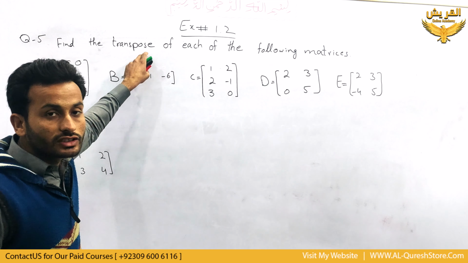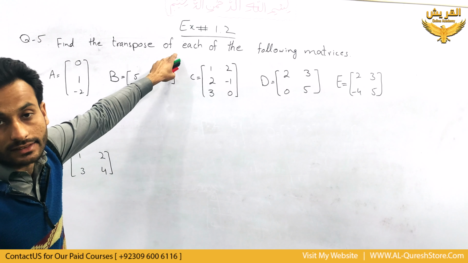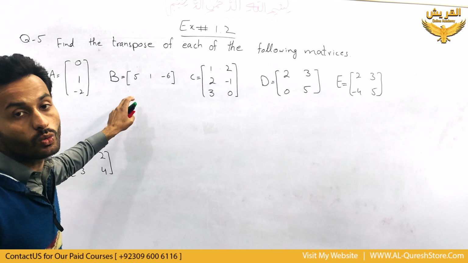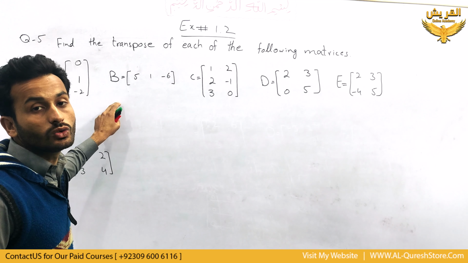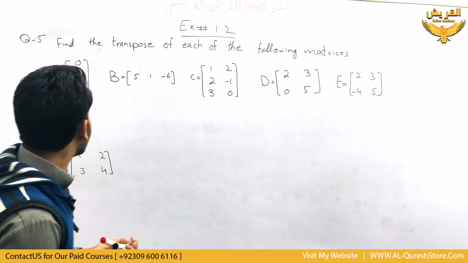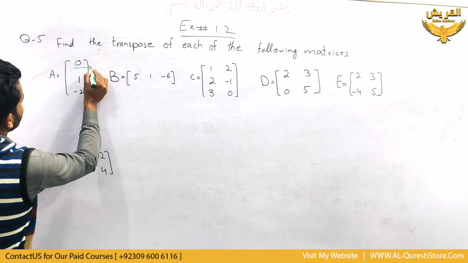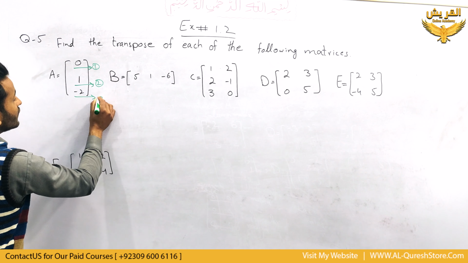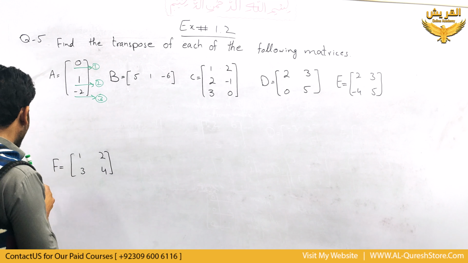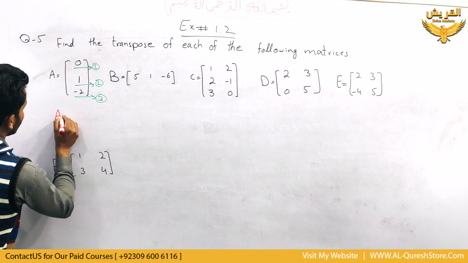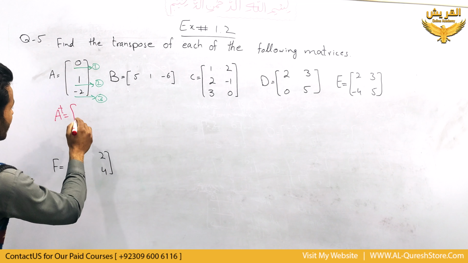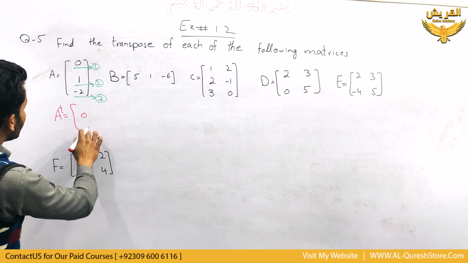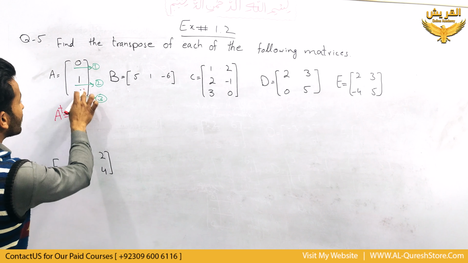As we studied, the transpose of a matrix is found when all the rows change into columns or columns change into rows of a matrix. See there. First one, it has 3 rows, first, second and third. We change its 3 rows into columns. So A transpose: first row changes into its column 0, that is the first column. It has no other elements, so it is only a single column matrix.